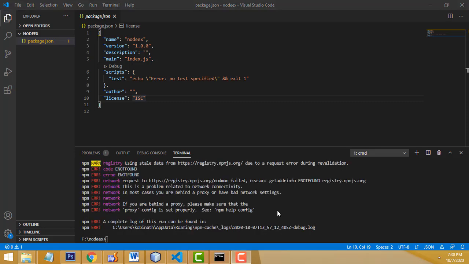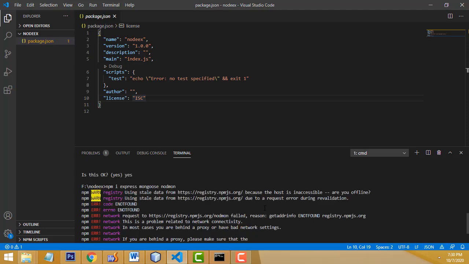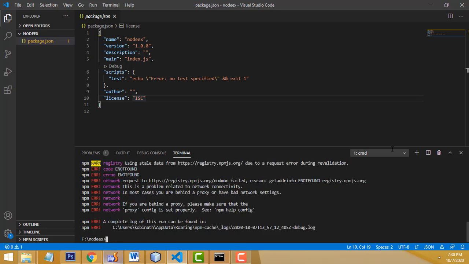What is the problem here? I didn't type one e. I'm missing one e in Nodemon. You have the up arrow key on your keyboard. You can get the command again, so you no need to type it again and again. Press the up arrow key on your keyboard and you will get it here.